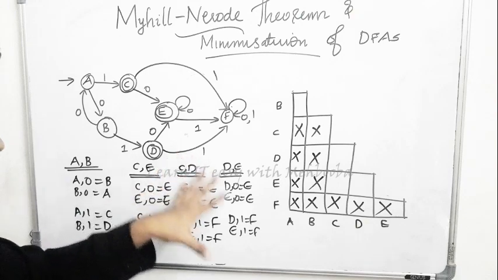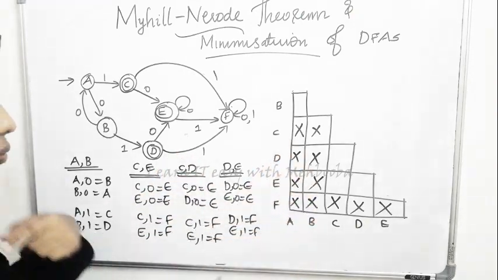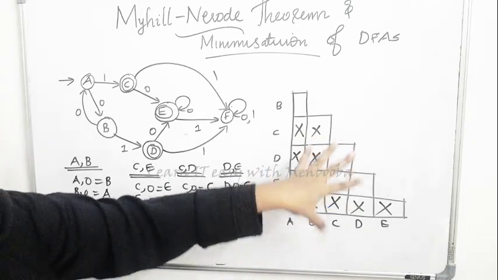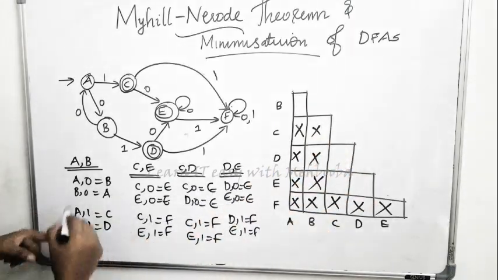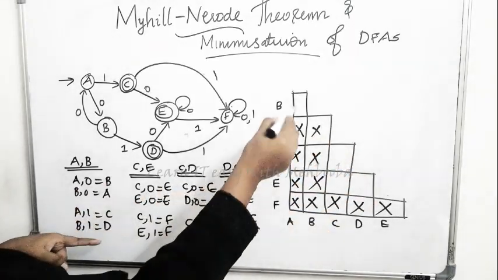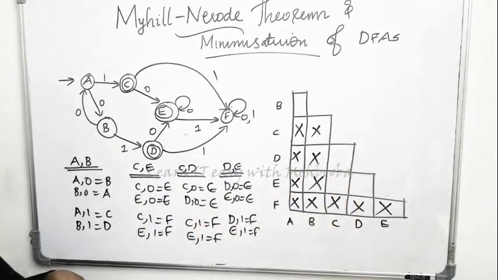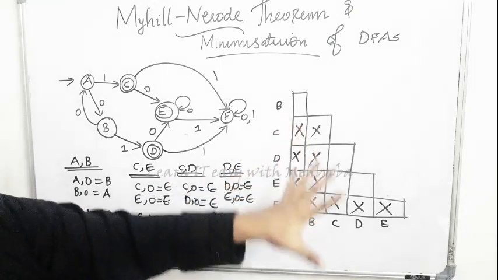Now EE, all these pairs are not even present. So you have to go one more iteration to decide before finalizing this pairing. Going one more iteration, AB is not marked, CD is not marked. So this is the final diagram.